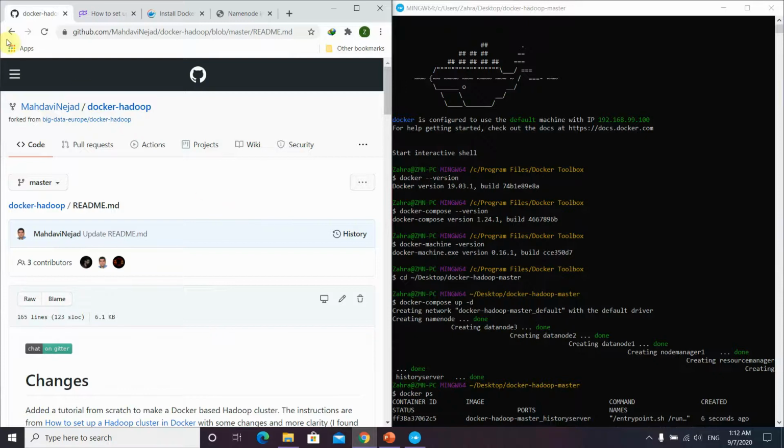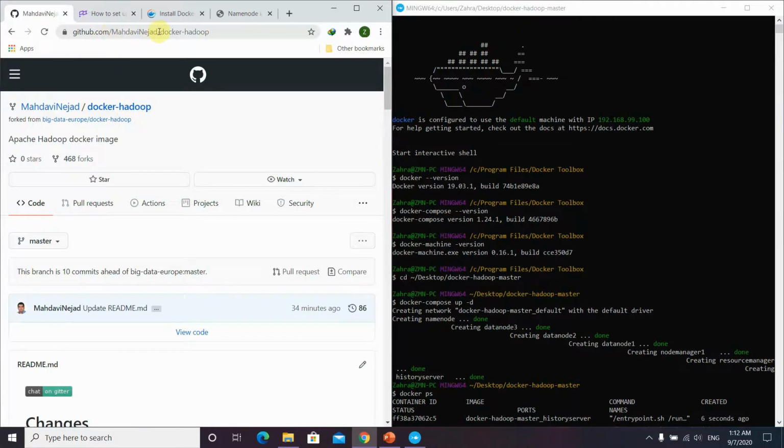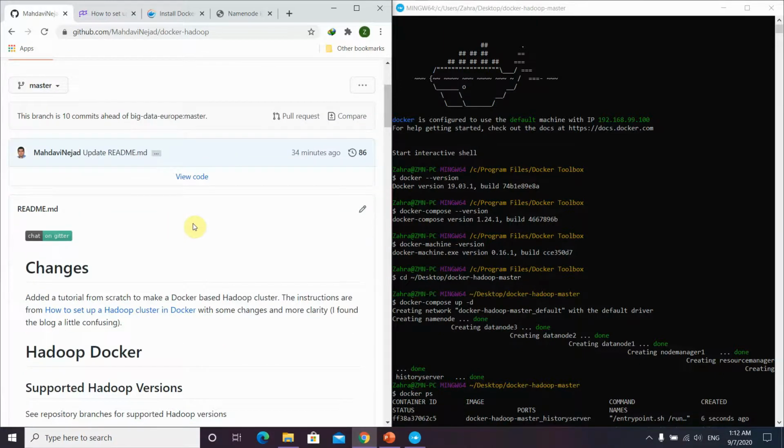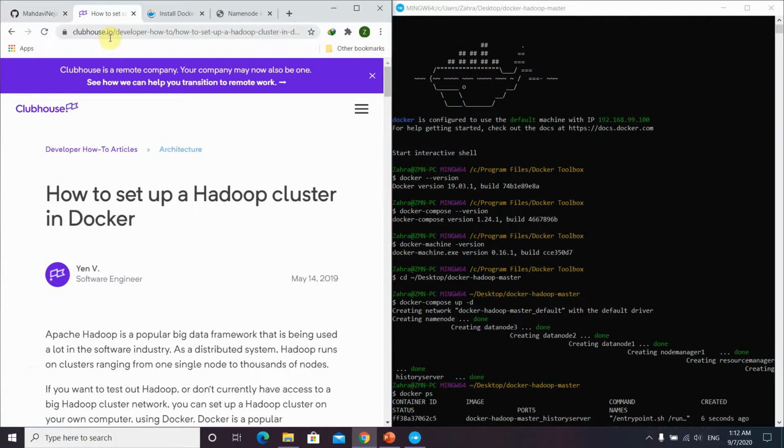The first thing that you should do is go to github.com/Mahdavinejad/Docker Hadoop to get all the things that I will talk about, and you can have step-by-step commands and run tutorials here. I should mention that I actually got the instructions from the how to set up a Hadoop cluster in Docker article at clubhouse.io, but I found their tutorials somewhat complicated, and they need some technical skills to